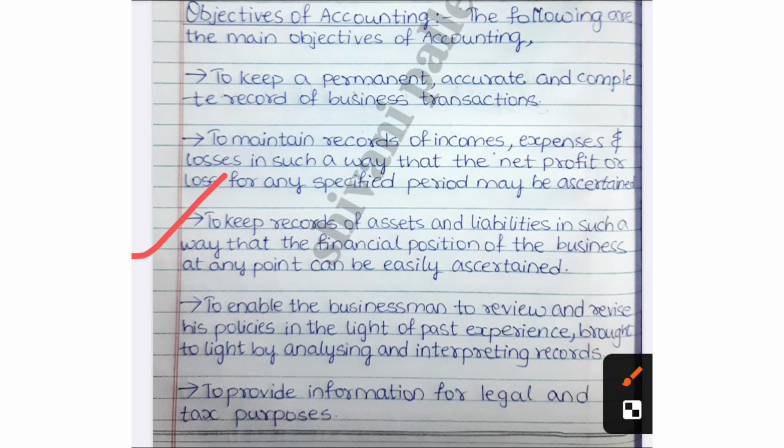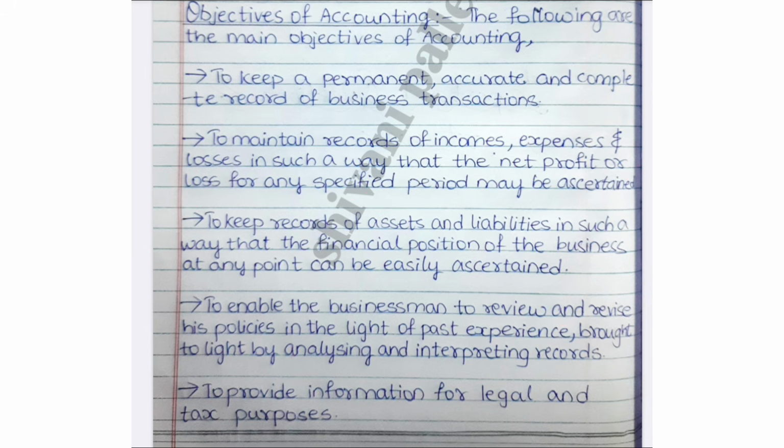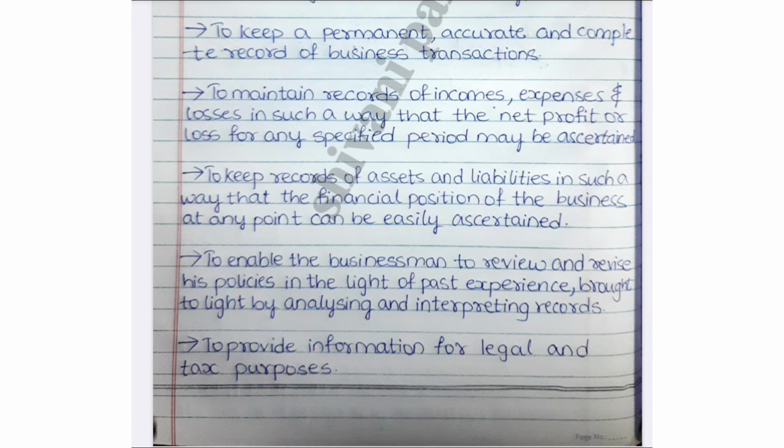Next, to keep records of assets and liabilities. Assets are nothing but properties. For example, machinery is an asset: if you purchase machinery, you will use it for more than years, like 5 years, 10 years, 25 years. That is a property. Furniture is a property, cash is a property. Liabilities are future repayments. If somebody gives you an amount, that person is called a creditor. You will not pay that amount right now, but in future you will pay them, no? So what assets you have, what depreciation you have, those kinds of things you will get to know with the help of accounts only.